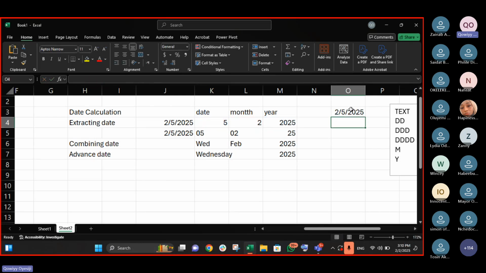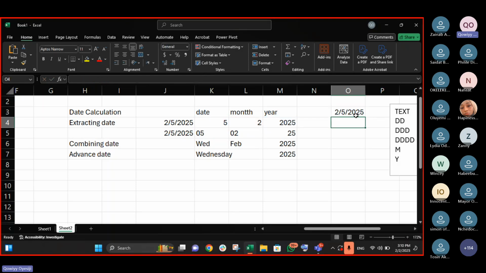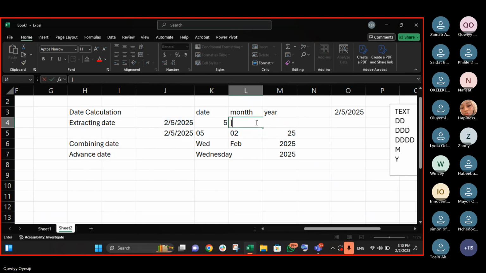Now look at it, for example. Now you know month ends at what? 12 is the last month. Now let me assume what I'm having here is 13. What do you notice, guys? I'm having 13 here. I'm having year 2025. Now I'm having 13. Now it's giving me 5th of what? 5th of 2026. What do you notice?